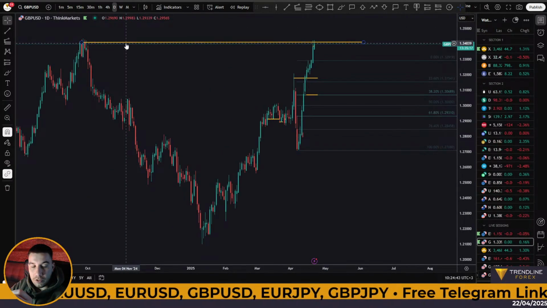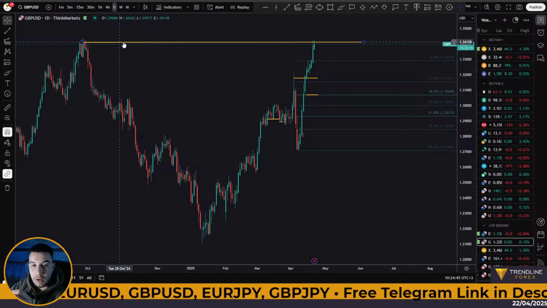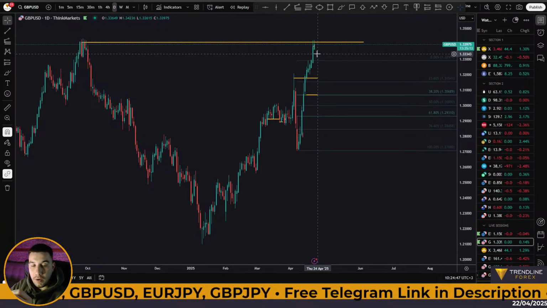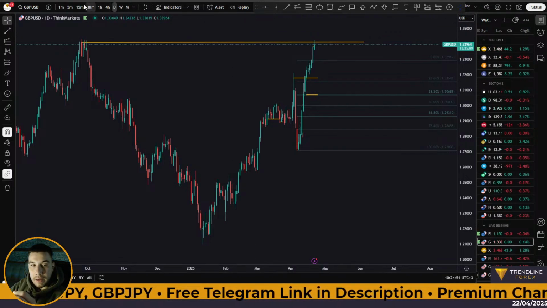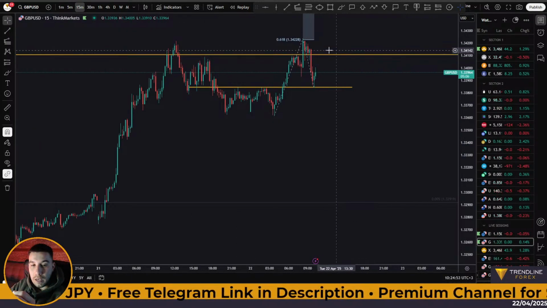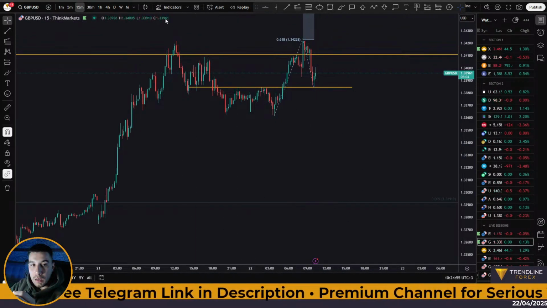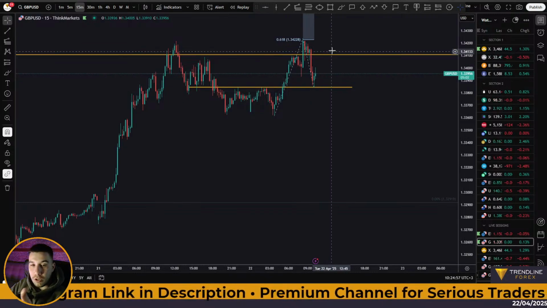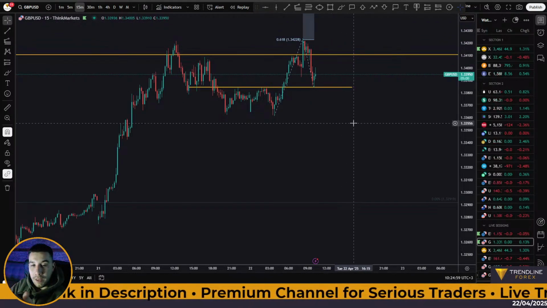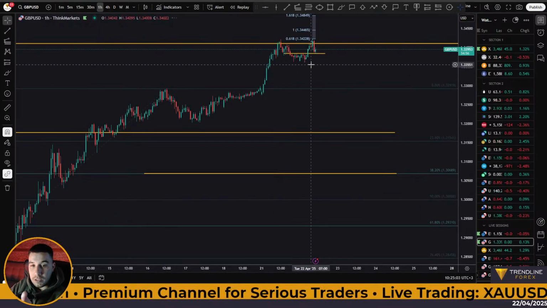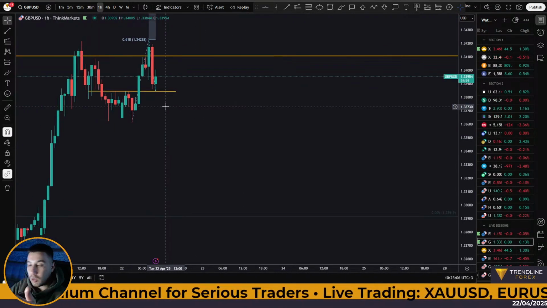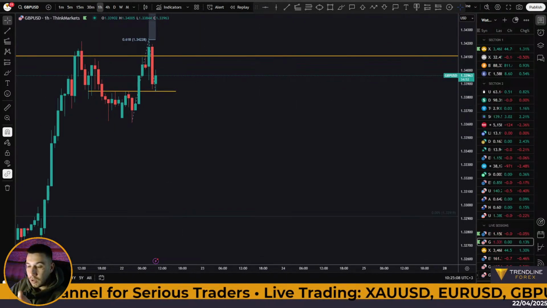It's just a really strong, significant level up here for price to be able to break above that easily. But we may see that breakout on the lower time frames. Okay, price may be pushing a little bit higher and then reversing again in a sharp manner. And if that happens, well, then this is going to be a proper rejection here on the 1 hour chart, for example, right?